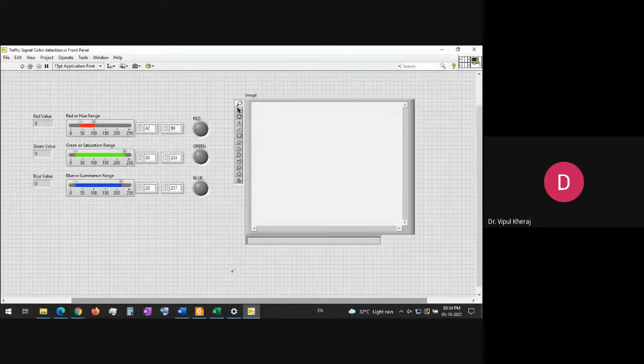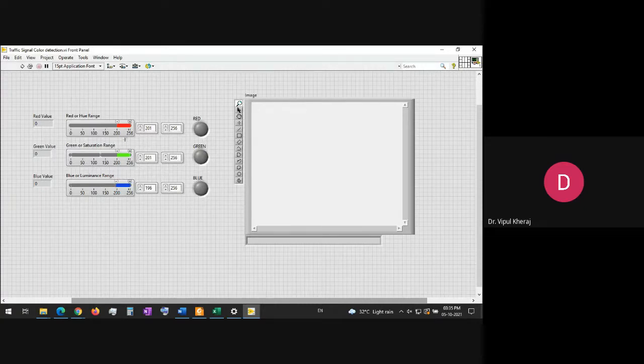Yeah. So you see, this is a program with an image window. That image window will have an image, whatever image we select from the computer. From that image, we can select a certain area, and then we can do the analysis of the pixels, like how many red pixels are there, how many green pixels, and how many blue pixels. If we follow the RGB pattern, we may also switch to CMY or other color patterns as well. RGB being the most common one and easy to understand, we use RGB.